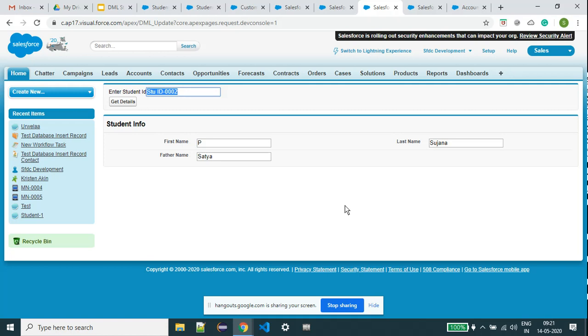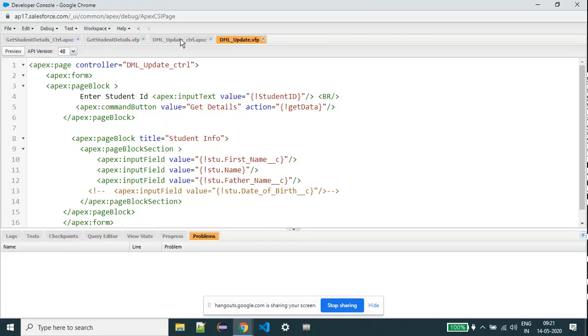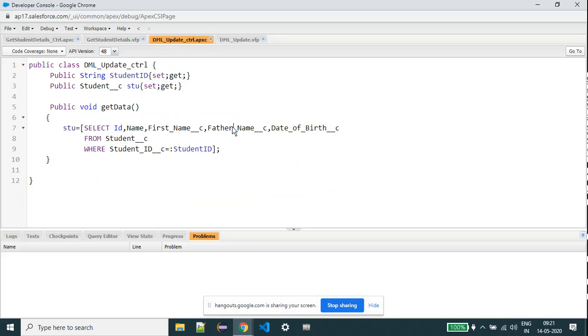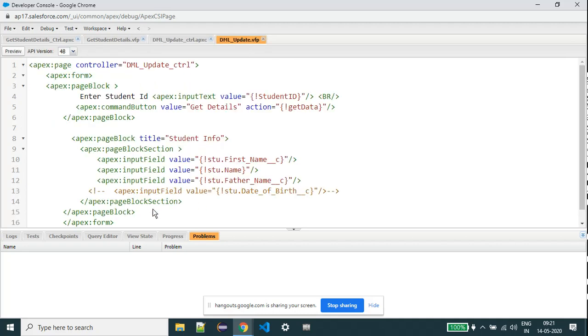If I want to utilize it, if I'm going to display that field, at that moment I must add it in the query. So at the query level, it is compulsory to give the fields we are going to display. If you query it, it's not a problem. You can utilize it or not. That is secondary, and that is okay. So now I am going to give the date of birth also. So it is saved.